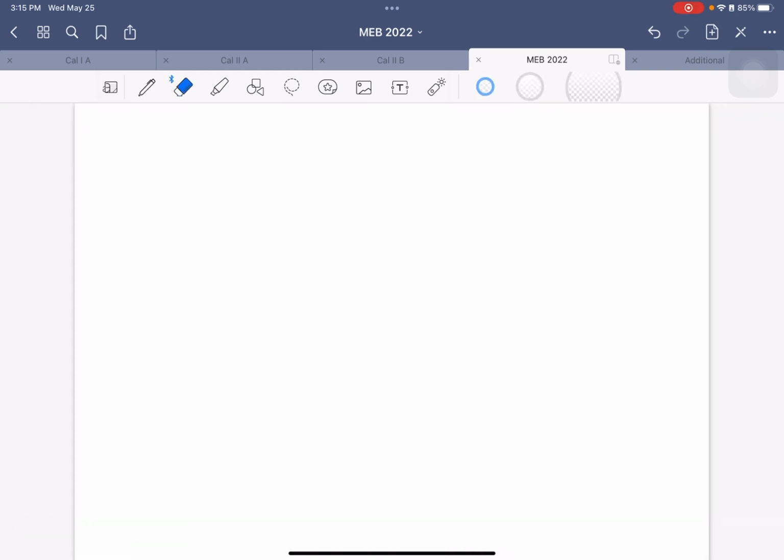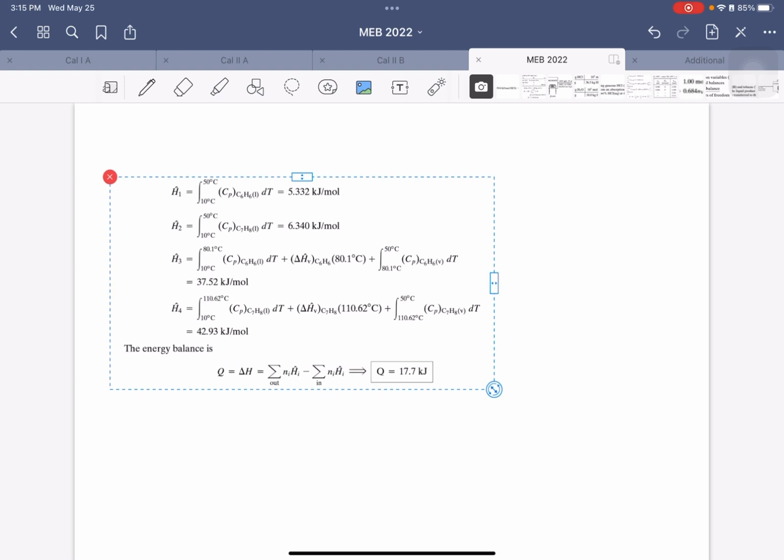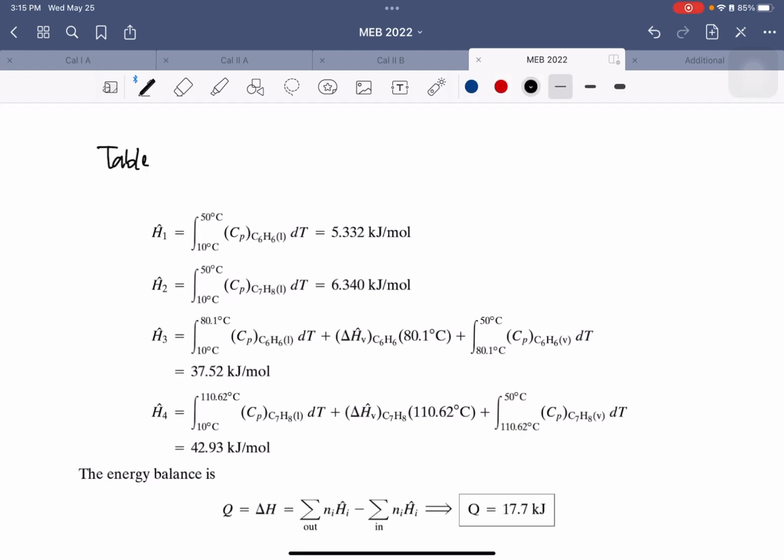Now the enthalpy that we have is based on tables B1 and B2, for the Cp and also for the heat of vaporization in B1. So B1 is usually heat of vaporization, and B2 is for Cp. And for all the H1, 2, 3, and 4,